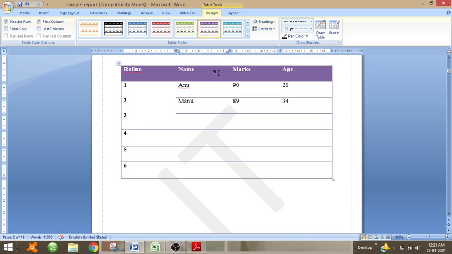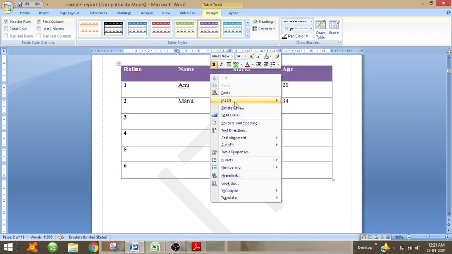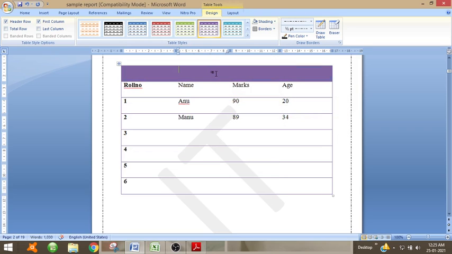Suppose here if you want to give class, insert rows above. So here a row is inserted and you want to give your class name. Class 9th.